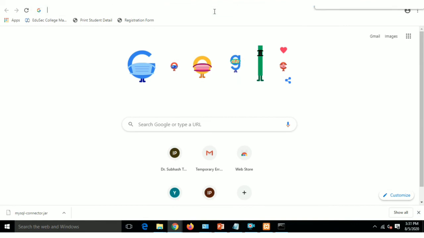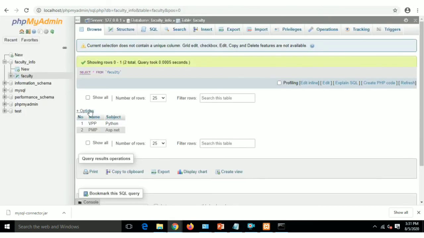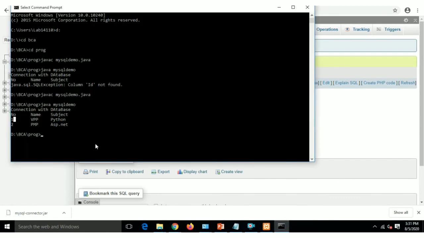For that you have to set different types of drivers, and the connectivity jar files are also needed. So you can set up database connectivity with different types of databases. You see that the data is displayed the same. Okay, so here is the connectivity of MySQL.